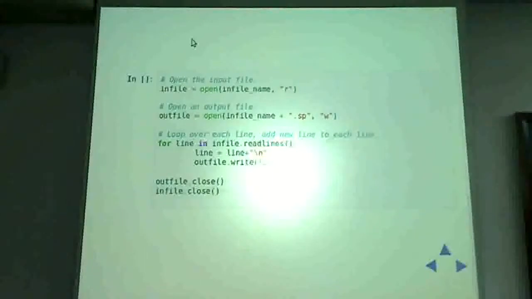With a W, if the file already exists, is there an error, or does it erase the old one and write the new one? It should erase the existing one. So that's why you should say A plus explicitly if you want to append. Is there anything like minus? I'm not sure. I need to double check this, but I can check that for you and tell you.